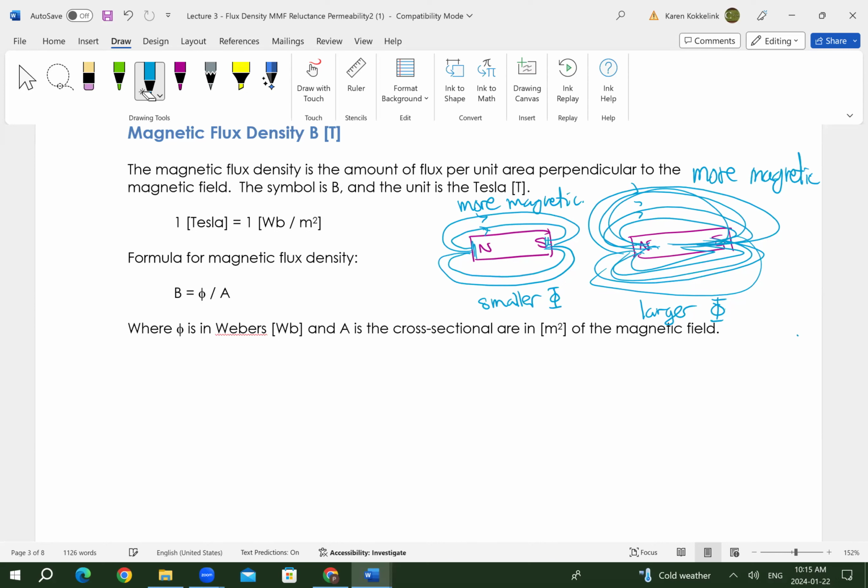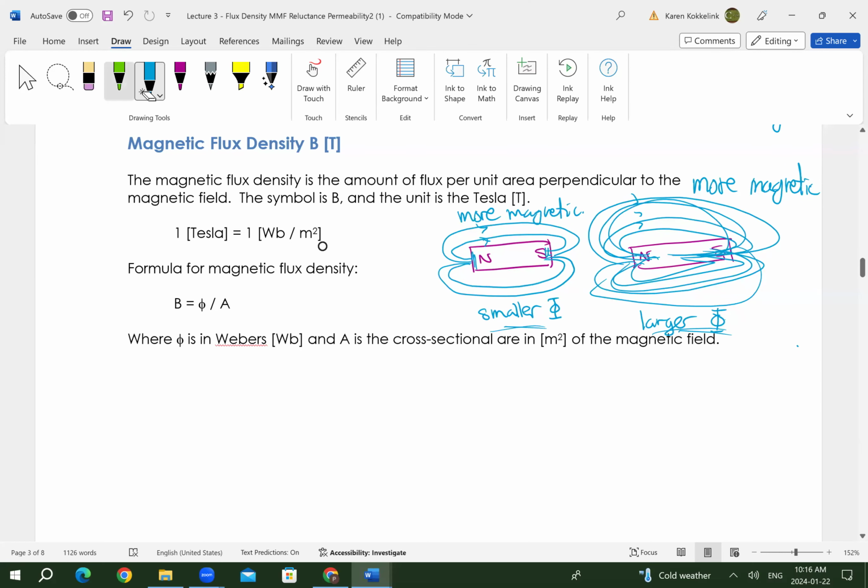That could be the type of material. It could be more magnetic in the case of an electromagnet because you put more current through it. I'm just going to say here's a not very magnetic situation, and here's a more magnetic situation, so that I can compare the two. And what magnetic flux density is